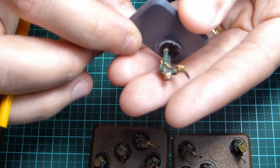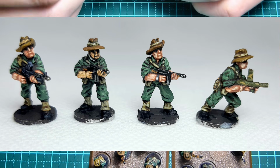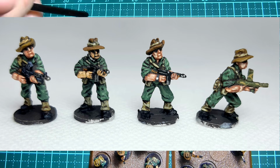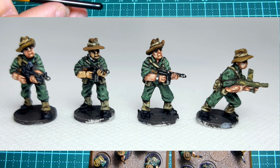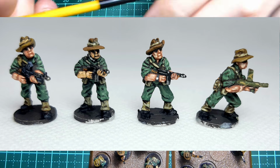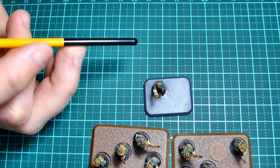That's my only complaint. Now, just quickly, I reached out to Eureka Miniatures and I just said, hey, look, I'm going to be doing a review video. Is there anything you want to say or want me to comment on about this line? Are you going to be expanding it or anything like that? They said no, they don't have any plans to do it at the moment, but they did ask me what I would like to see